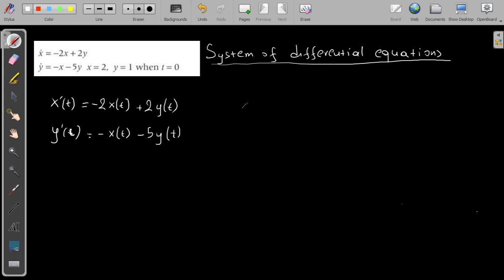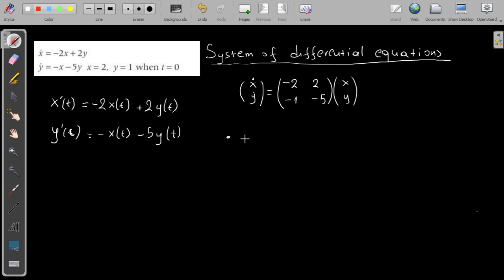Now my first thing is to take the matrix of this system. So basically x derivative, y derivative is equal to the matrix minus 2, 2, minus 1, minus 5 times x, y. Be careful, x should be under x and y should be under y. Now my first step is to take the